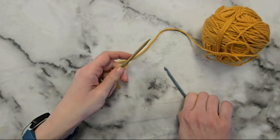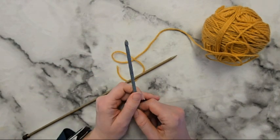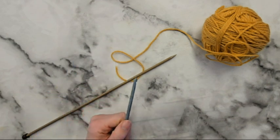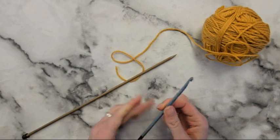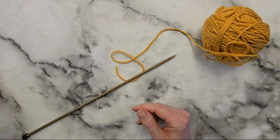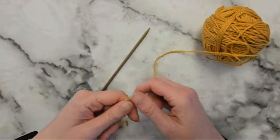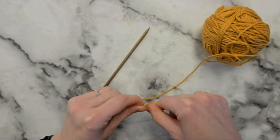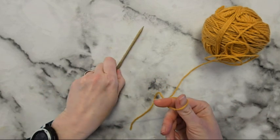So it is possible to do this without a crochet hook. So sometimes you don't have a crochet hook to hand, or if you've suddenly decided to change projects and you need another way of doing it, or maybe you just don't get on with a crochet hook, you do it in exactly the same way, but you can do it by hand instead. So you start by making your slip knot, but this time leave it in your fingers,